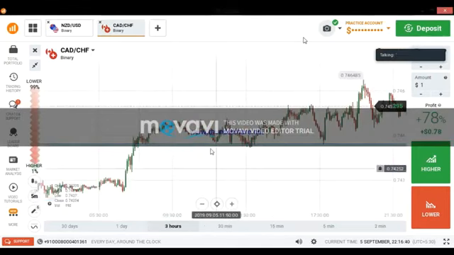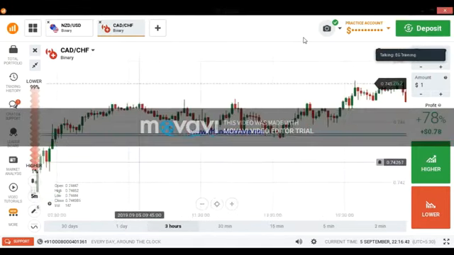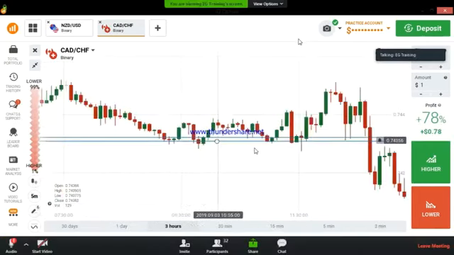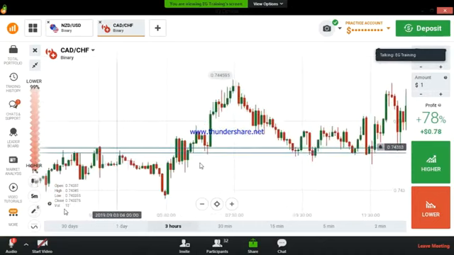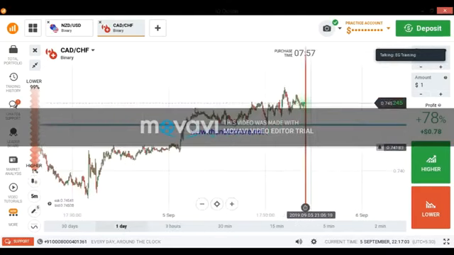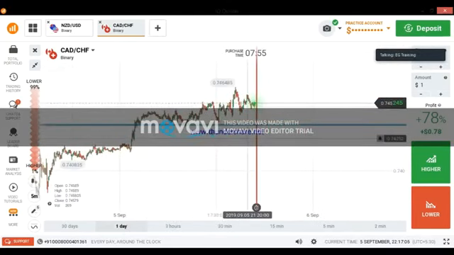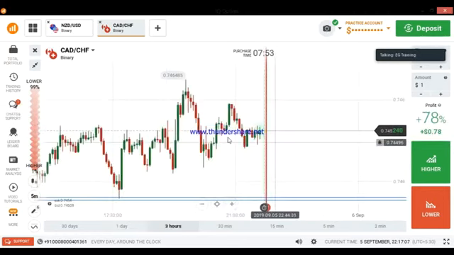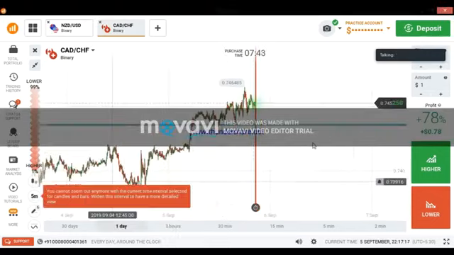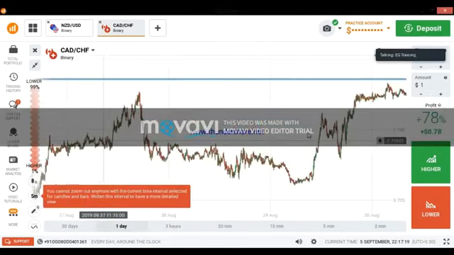A very strong level. Most of the time the market reversed from this level, so we can trust this level. We can trade on this level only, because this is a strong SNR level. We can trust, because the market is respecting. It means if we trade on this level, we will get ITM easily. Most of the time we will get ITM if you trade on this level. Not only in the present market, you can trade on these levels in the future too, because for the past 2 hours or 3 hours, the market is respecting this level.